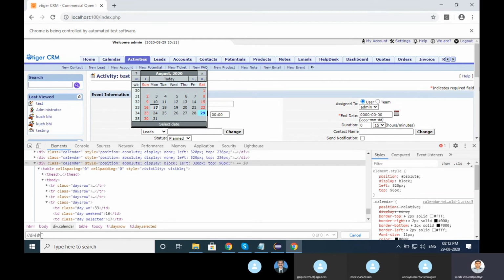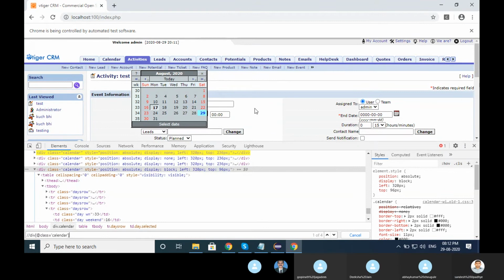At the rate class is find out with calendar, it's coming here.